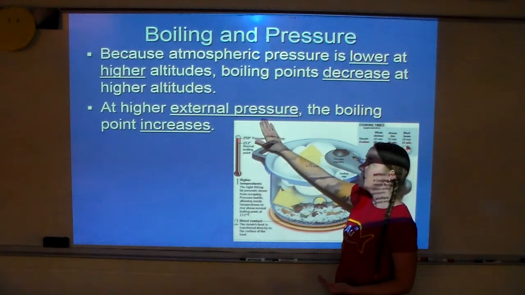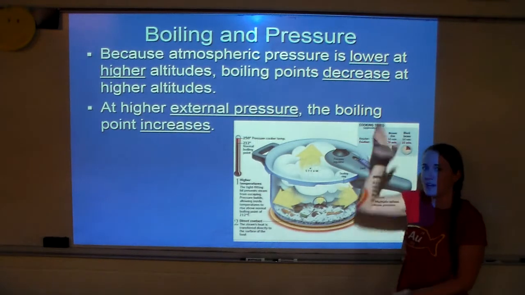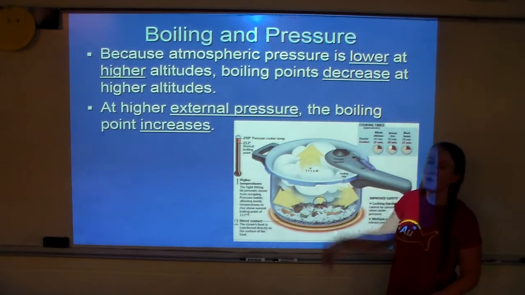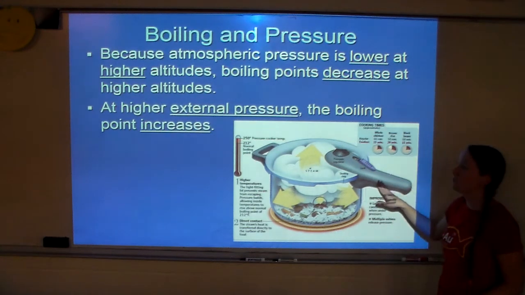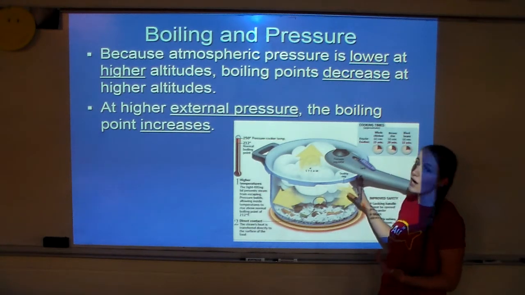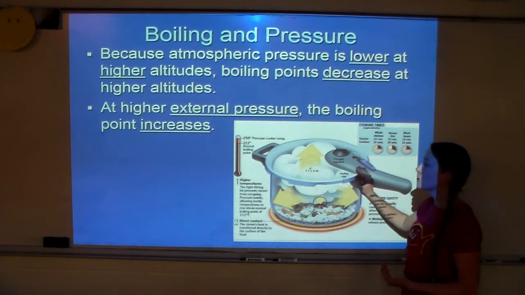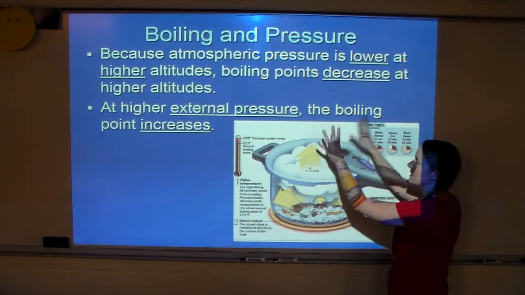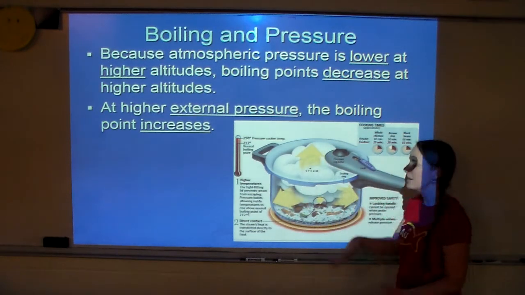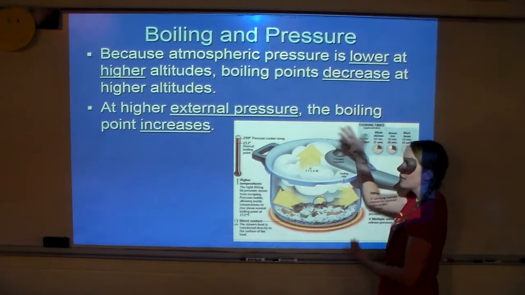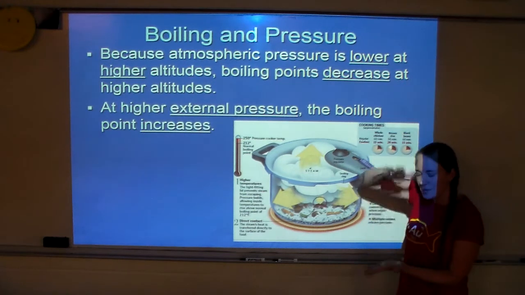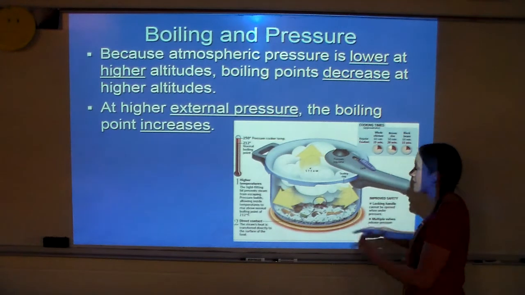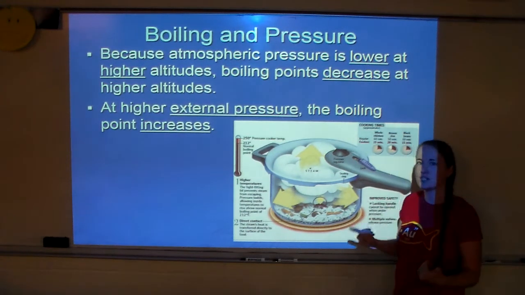All right, on the other hand, if we could increase external pressure and make it push harder down, it would be harder to boil that liquid and the boiling point would increase. This is what happens with pressure cookers. Now, pressure cookers and crock pots aren't the same thing. A pressure cooker has a lid that actually locks in place. And since it doesn't allow any of the steam to escape, it builds up pressure inside. And so again, as that pressure builds up, it keeps forcing that liquid to stay a liquid. It won't let it come up and become a gas. So we have to heat it up a lot more to get it to boil.